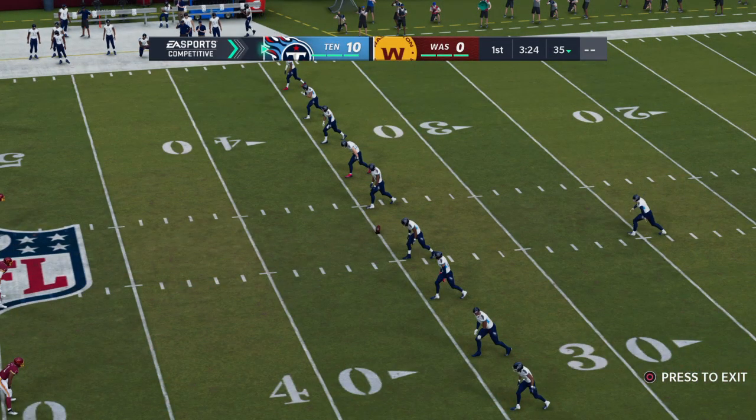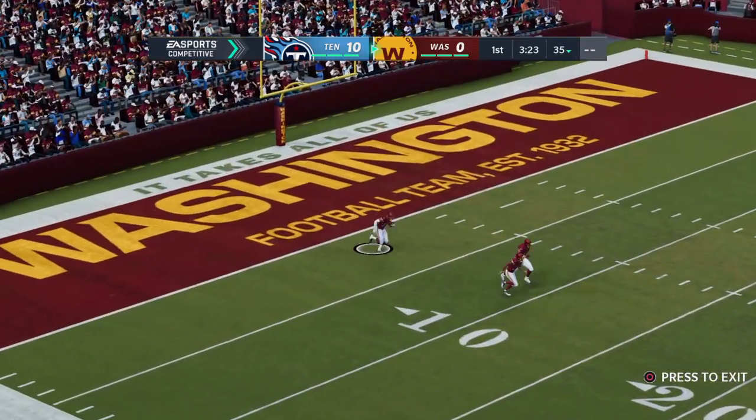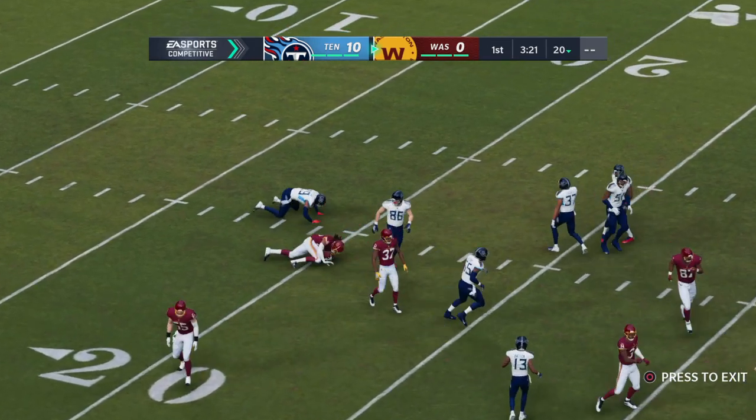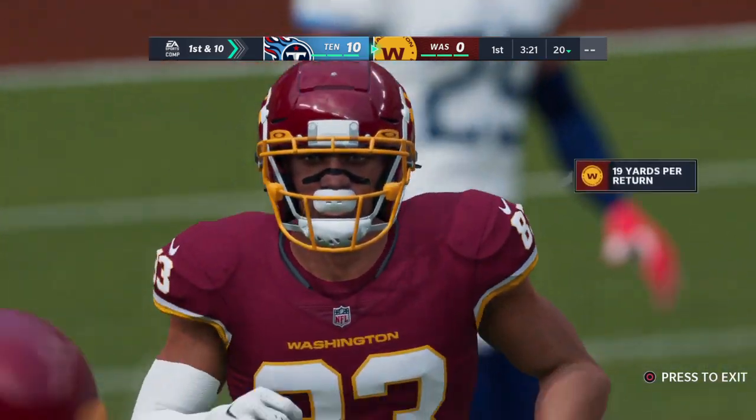So a good kick there to polish off the drive with 3 points. Yeah, coaches always talk about finishing a drive with a kick. 2 of them give you points, either an extra point or, in this case, a field goal. And he'll be brought down right on the chalk of the 20, at their own 20-yard